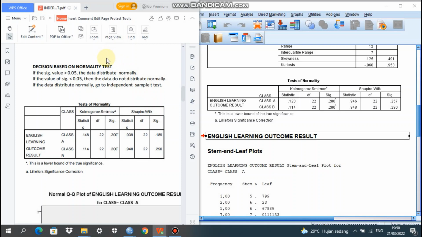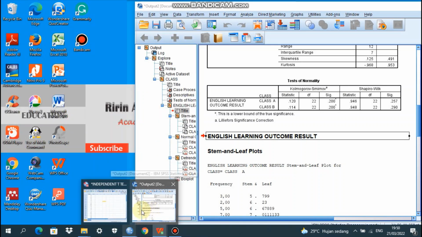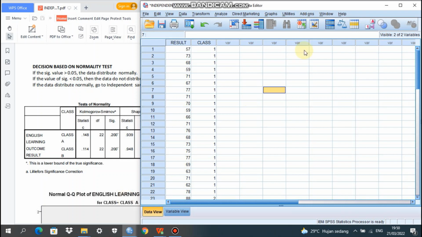So both class A and class B, the data are distributed normally. Because of that, we can go to the homogeneity test before we go to independent sample t-test. Okay, we come back to SPSS to do the homogeneity test.